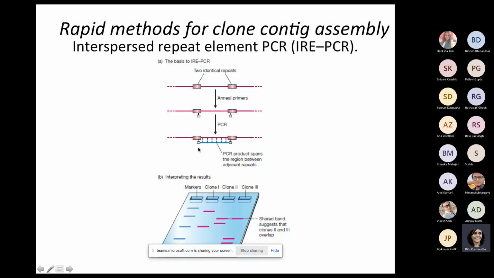How will you generate primers without knowing the sequence of the whole genome? It is because certain repeats are common across various species. You can just generate primers against those repeats which are already known. So what you will get is a particular amplicon, which is the right word. And when you run these PCR-amplified fragments on a gel, from this particular figure,